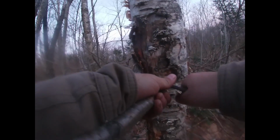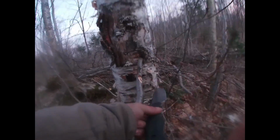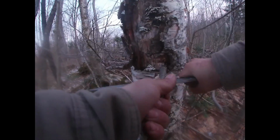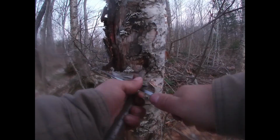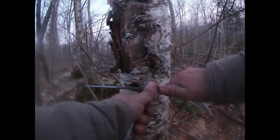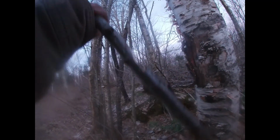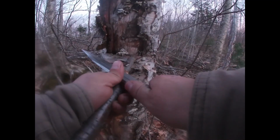This is good hardwood too. There's not the best pot hanger, but there's a little bit of a pot hanger. I'm standing up. Usually I get pretty clean with these, but